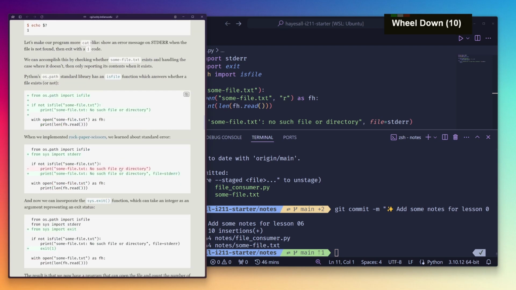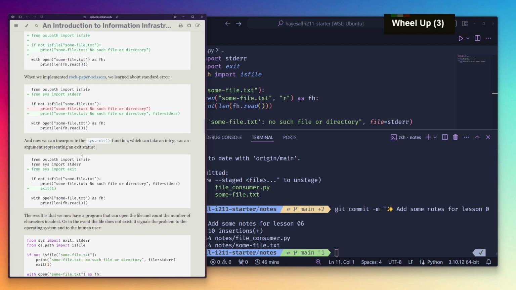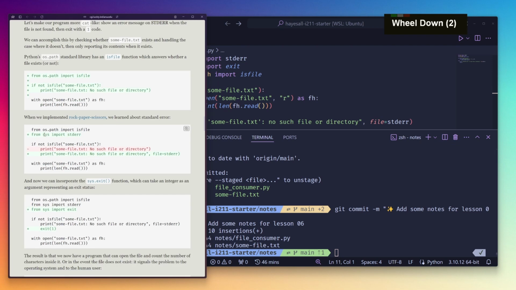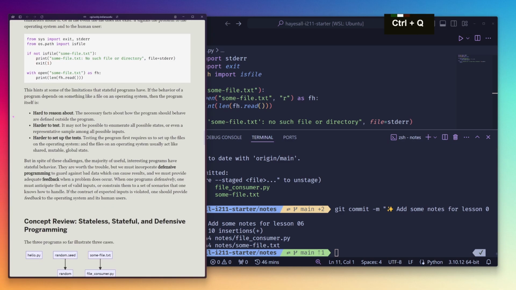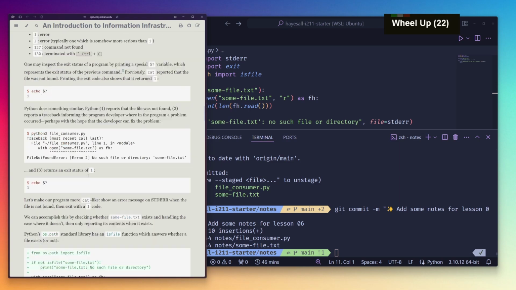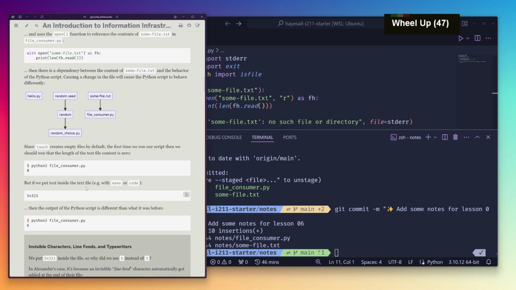Okay, so where do we want to go next? Yeah, so we mostly covered most of these concepts. We implemented some ideas in rock, paper, scissors. This is kind of all walking through the same information. Okay, so let's review some of the topics that come up when we're talking about some of these